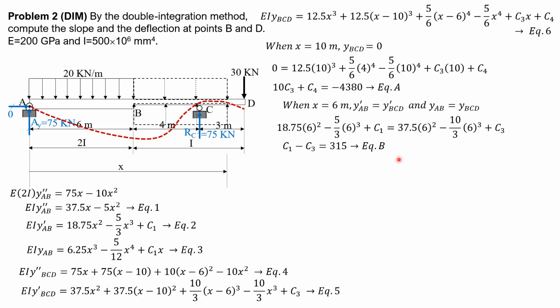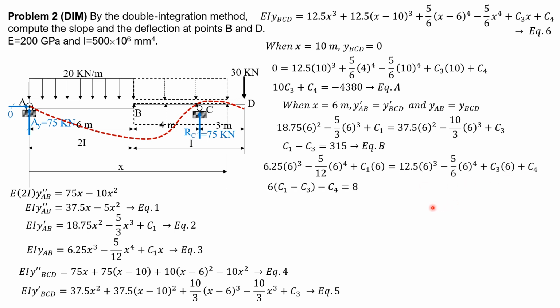Call this equation B. Then let's reinforce this equation, YAB equals YBCD. So 6.25 times 6 cubed minus 5 over 12 times 6 to the fourth plus c sub 1 times 6 is equal to 12.5 times 6 cubed. This is ignored, 0. Minus 5 over 6 times 6 to the fourth plus c sub 3 times 6 plus c sub 4. So simplifying, we have 6 times quantity c sub 1 minus c sub 3 minus c sub 4 is equal to